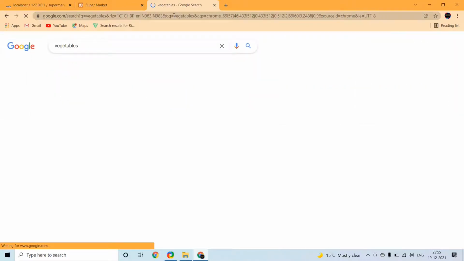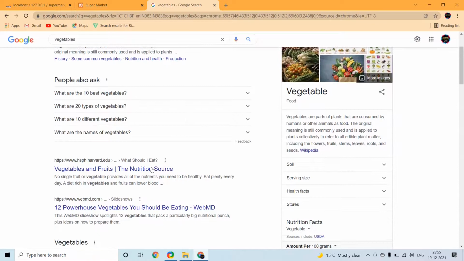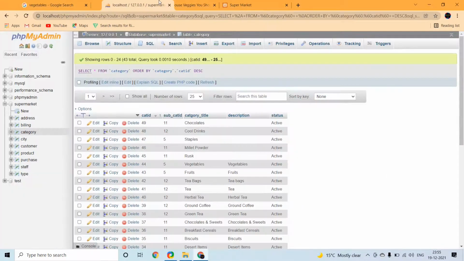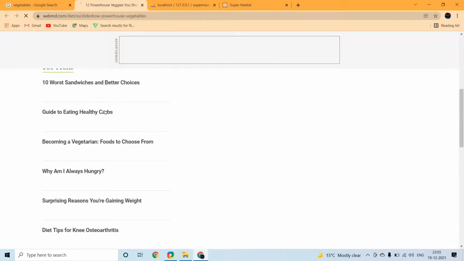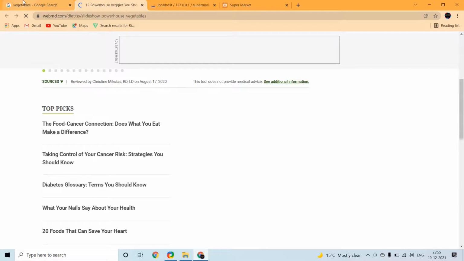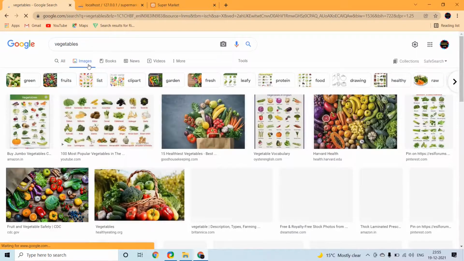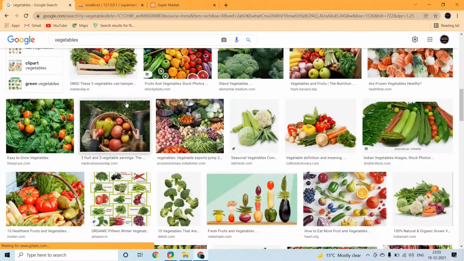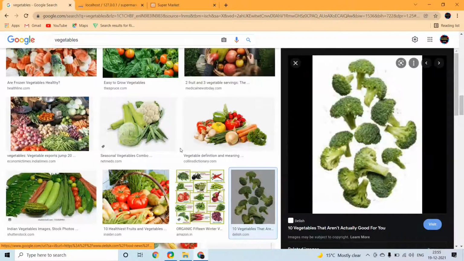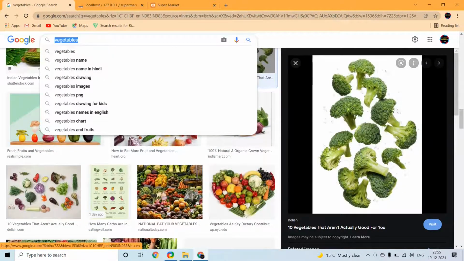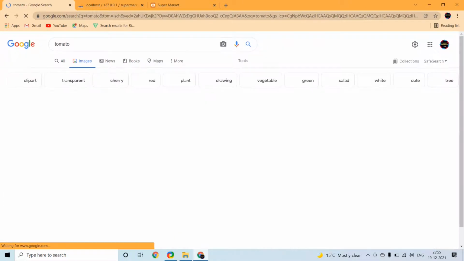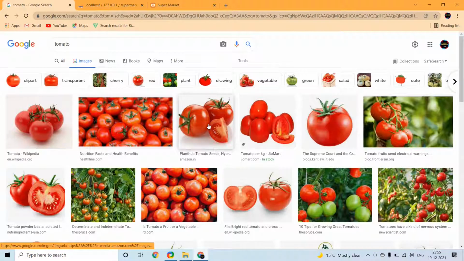Now I am typing vegetables to put an image and a list of the vegetables. Now I search a particular vegetable, that is tomato. Add.